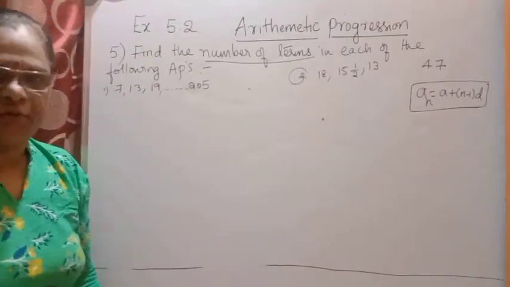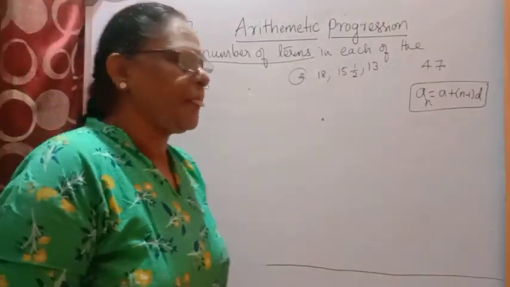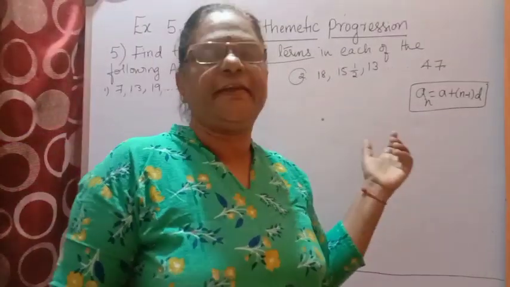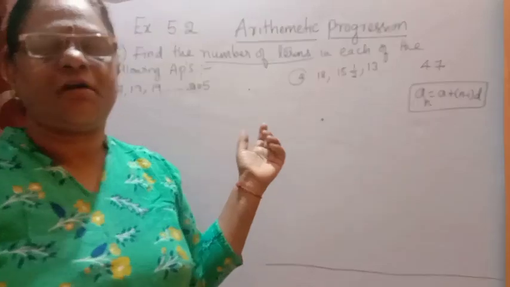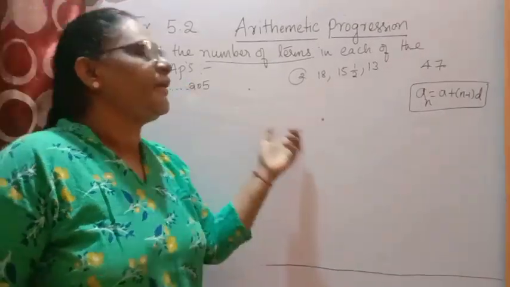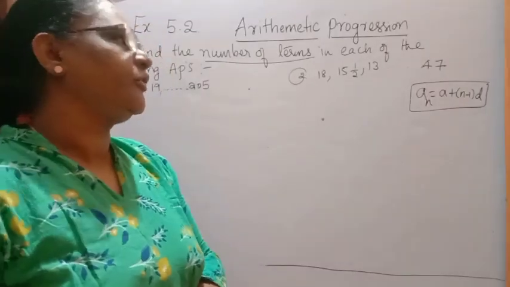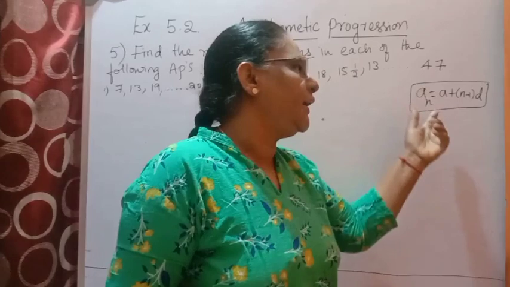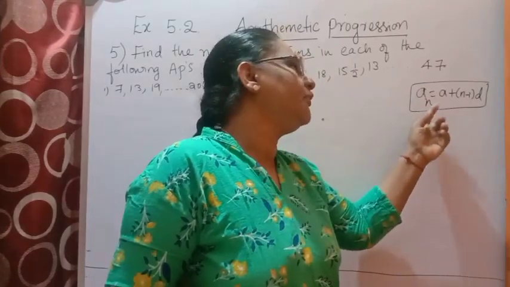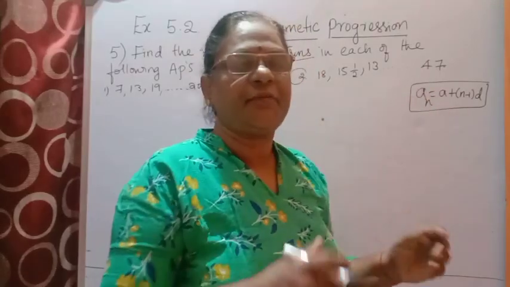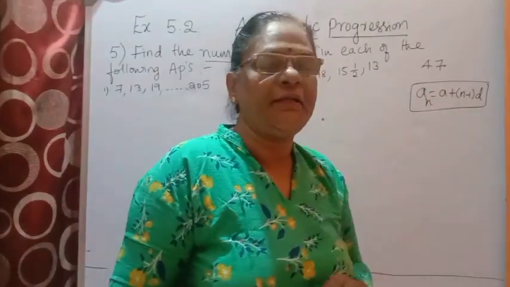Thank you. In the last video, I had derived the formula to find the last term of an arithmetic progression. So how to find the last term of an arithmetic progression? The last term of an arithmetic progression is given by an, which is the last term, is equal to a plus n minus 1 into d, where a is the first term, n means total number of terms in the sequence, d is nothing but the difference between